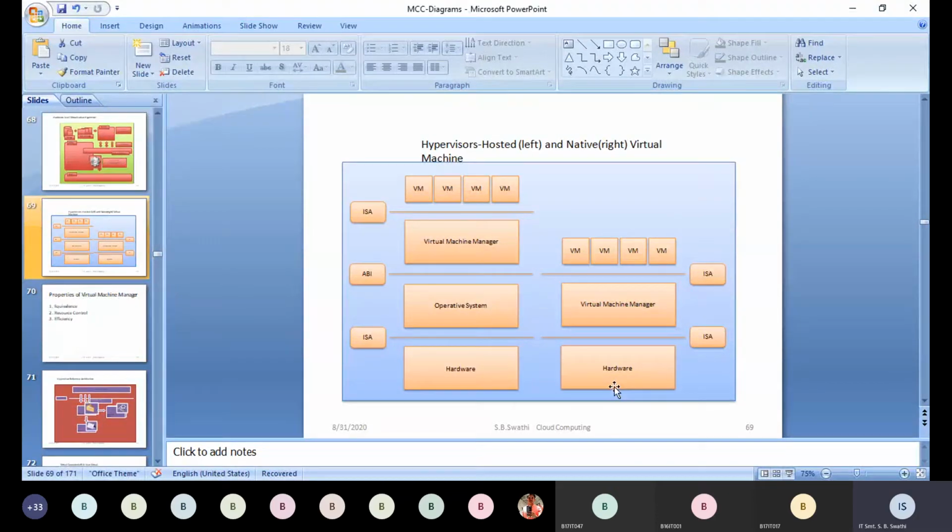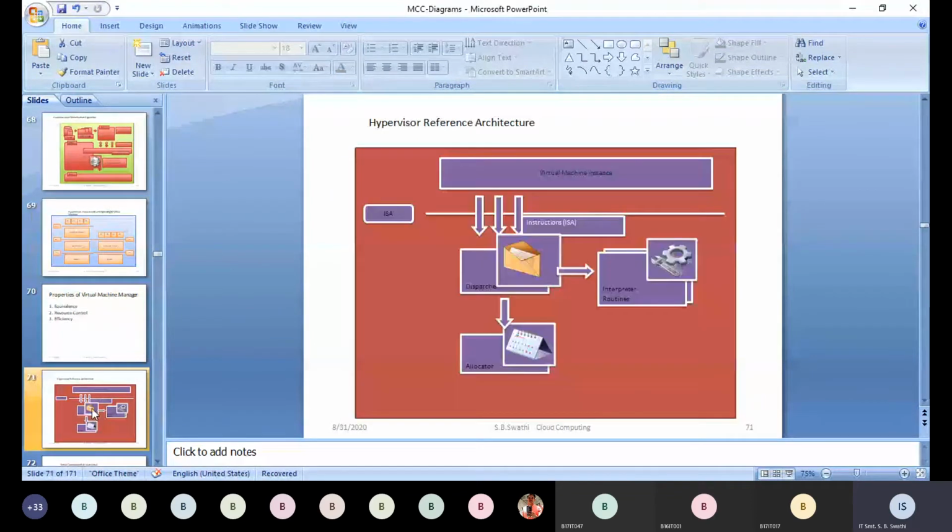Whatever may be the type of VMM, these are the three modules which are required for the VMM. Here we have ISA: if the VMM is built upon ISA, it is type 1. If it is built upon the application binary interface, it is type 2.